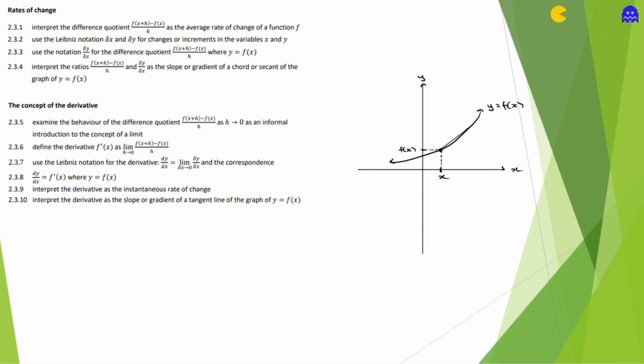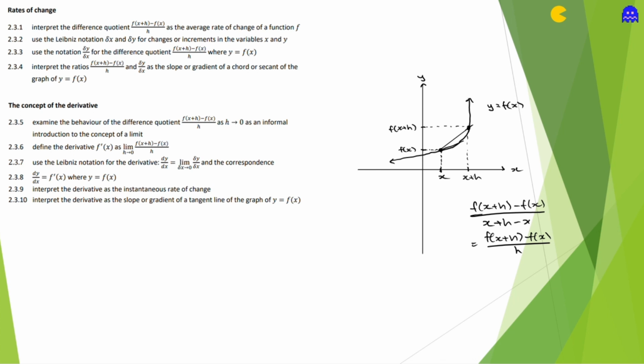Alright, and we have our separate function here, x plus h, which maps onto f of x plus h. And so, maybe we should draw this line a bit better. Okay, so let's say this is our function here, and we have our f of x plus h, take f of x, over x plus h, take x, which is equal to f of x plus h, take f of x, over h. And so this is the average rate of change of the function,